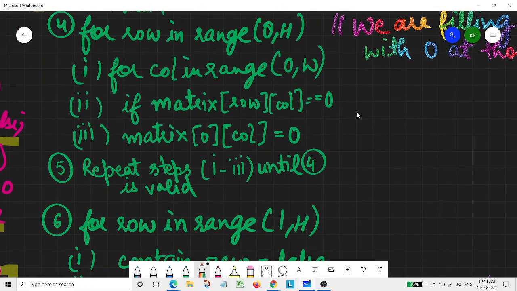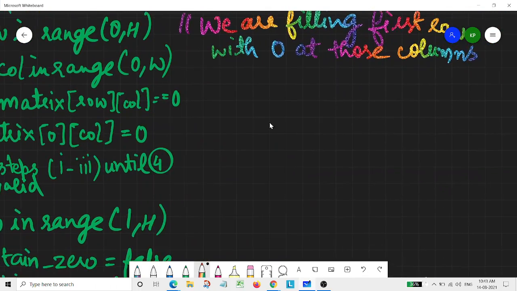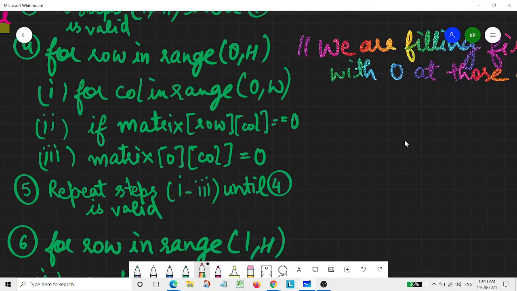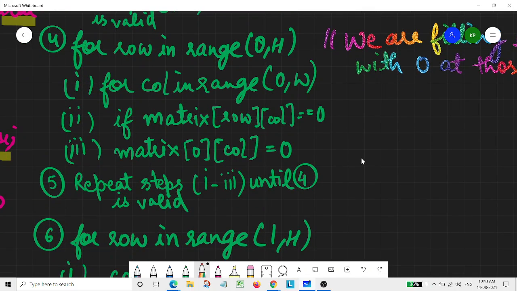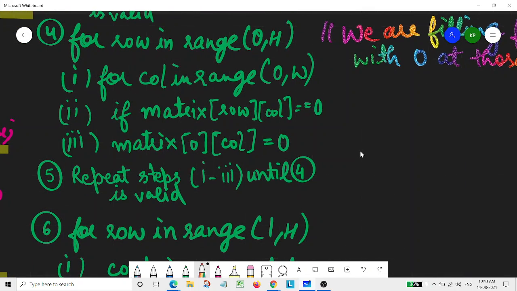Then in this step, we are filling the first row with 0 at those columns. Basically here in this step we are taking the first row as a storage point where we will be storing the information of those columns which contain 0. Now we'll simply traverse the matrix, row in the range of height, column in the range of width.